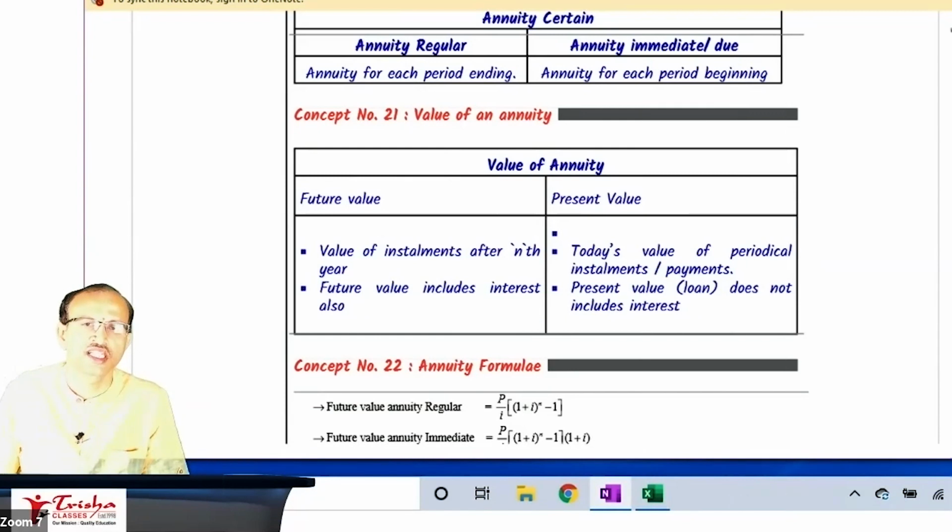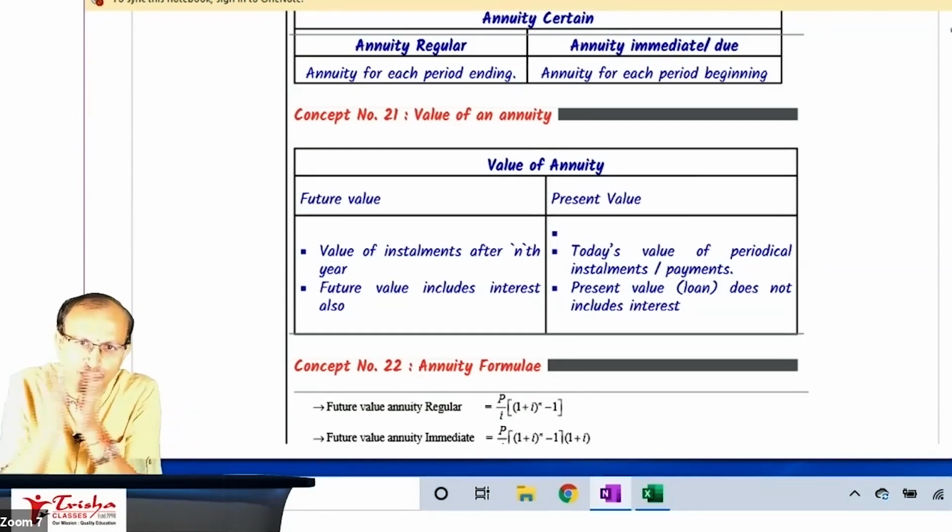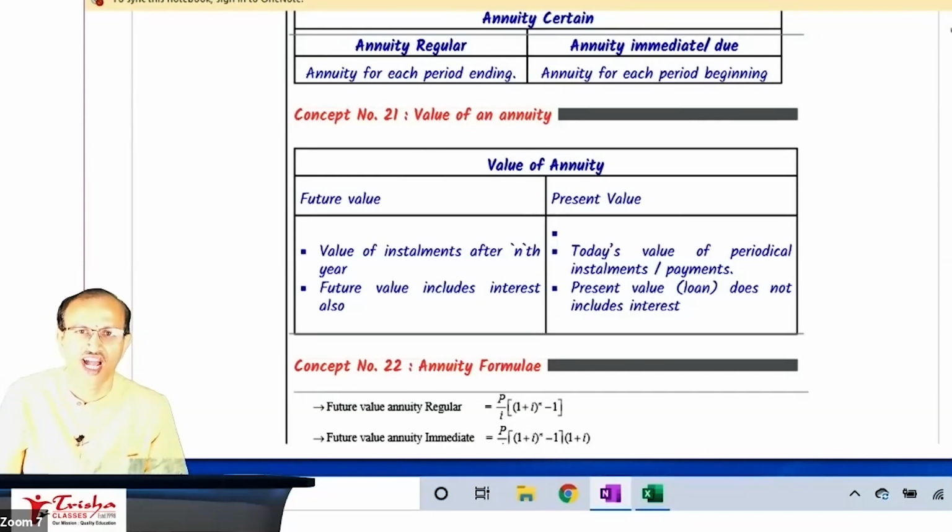Super. To illustrate the loan, or to illustrate the present value, I told you, you are all in need of money. I have given you some amount, some new notes, wrapped up, and I put it in the bag. Is that right? And I told you to pay 10, 10, 10, 30,000, which is inclusive of interest. I will not give you just like that free. No money is going to come to you free.